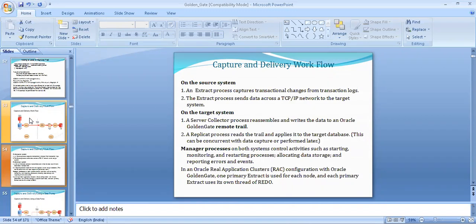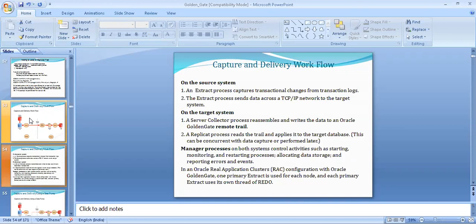On the target environment, the server collector process reassembles and writes data to the Oracle Golden Gate remote trail file. The replicate process, which runs on the target environment, reads the trail file and applies all data on the target database.